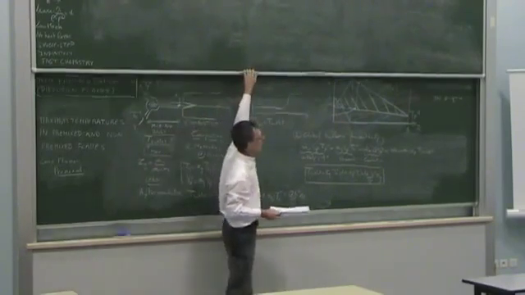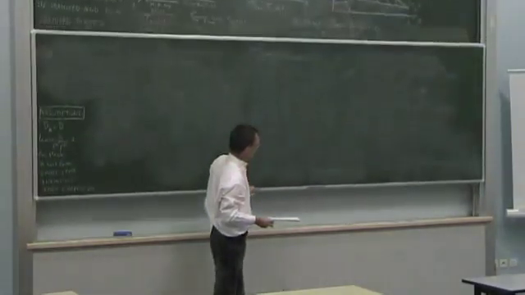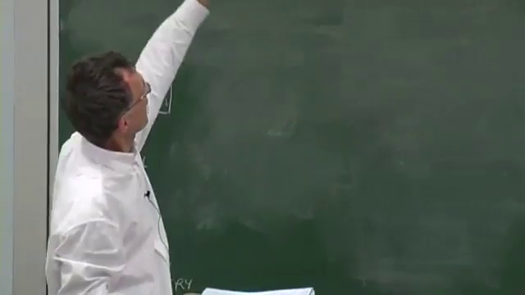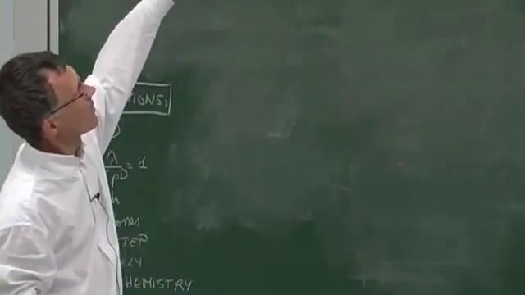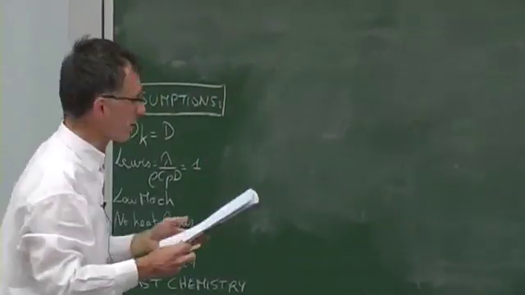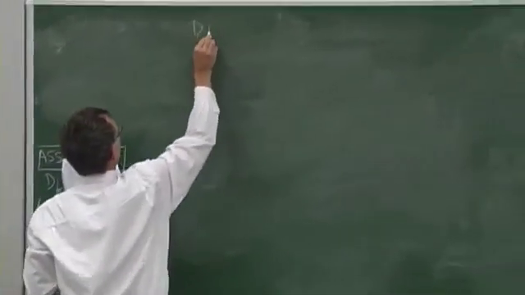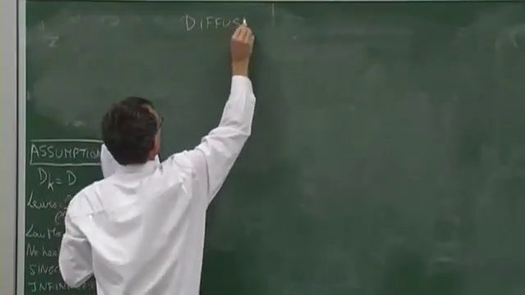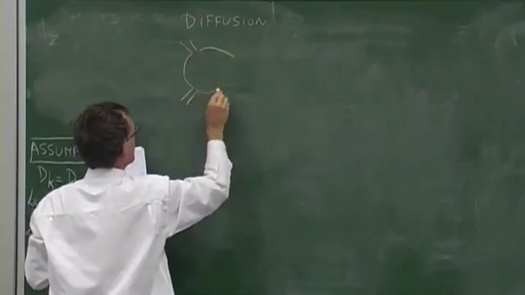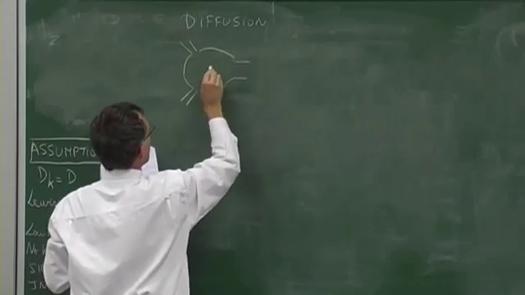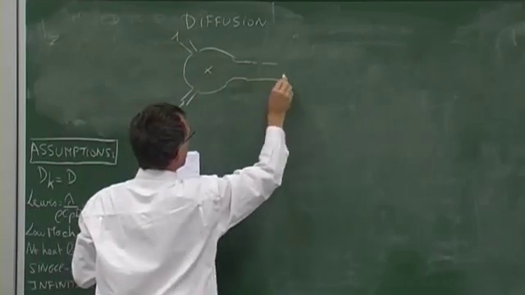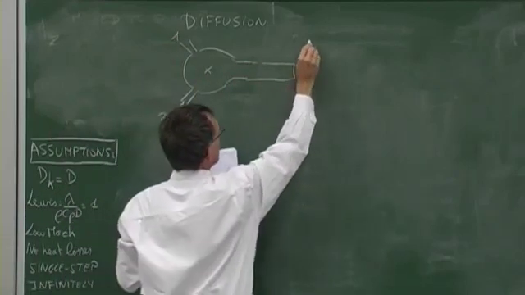But let me go now to the second way of burning these things. If you are afraid, and I'm doing an experiment, for example, I can tell you I don't like this system because the premix part is like a bomb, so you don't want students to work on that, so you prefer burning things in a diffusion mode. So in a diffusion mode, you're going to have the same system, but combustion will take place here. So you will still have stream 2 and stream 1. And here you can have a long duct to make sure you have an outlet temperature here.